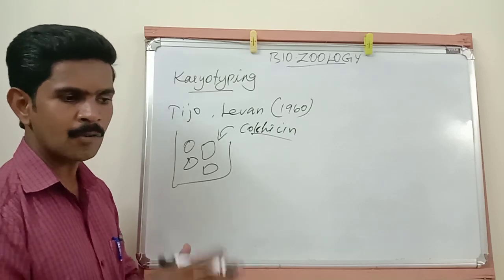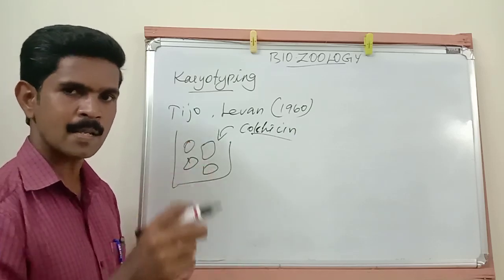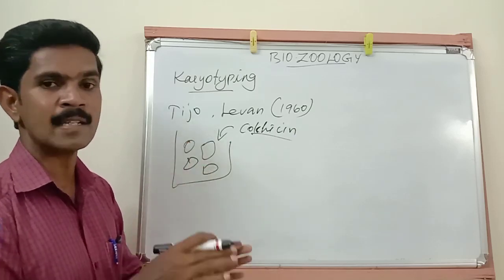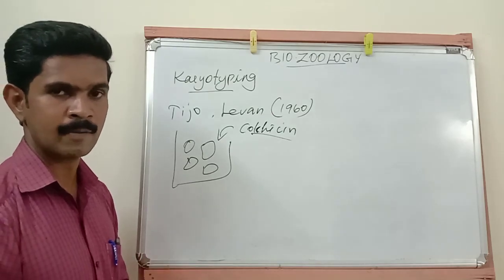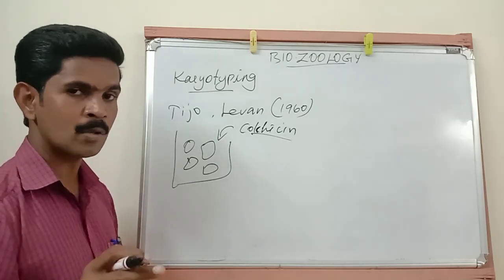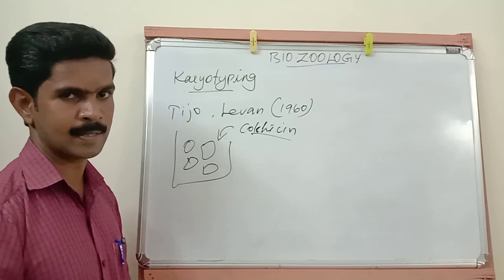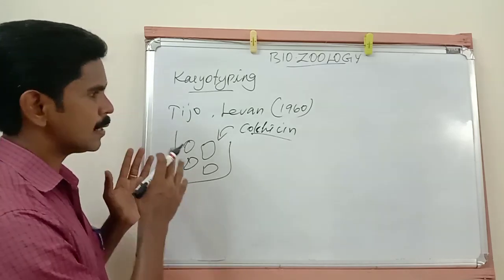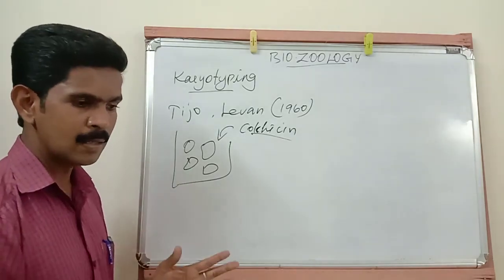Understand? Then from the photograph, all the chromosomes are separated and arranged in pairs. You all know the 46 chromosomes are arranged in 23 pairs. So by using this karyotyping technique, first